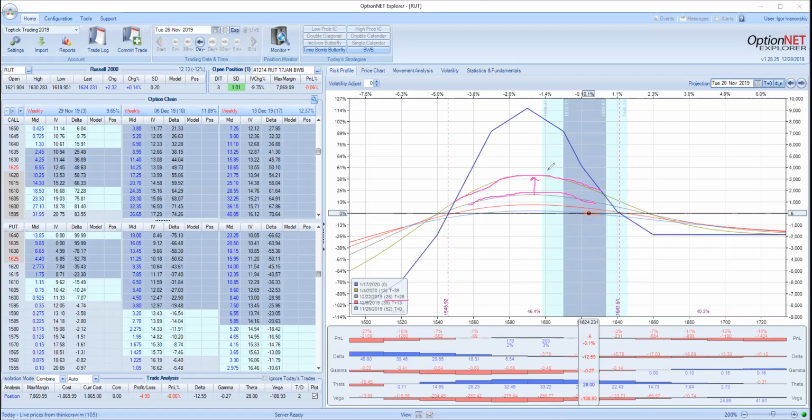I'd like to not spend the whole day in front of my computer watching this trade tick by tick. So that's why I'd rather get out of this trade with 20 days to expiration instead of holding it all the way through to expiration, because eventually, if we don't exit, this T plus 0 line is going to become this,